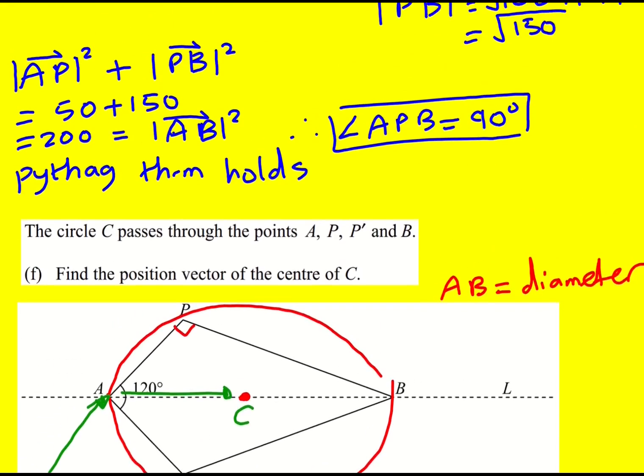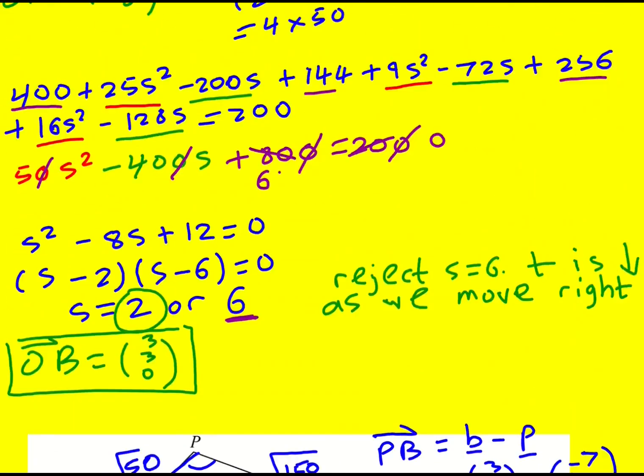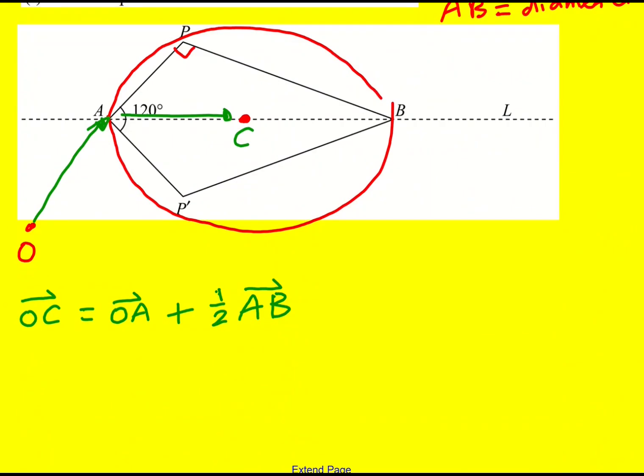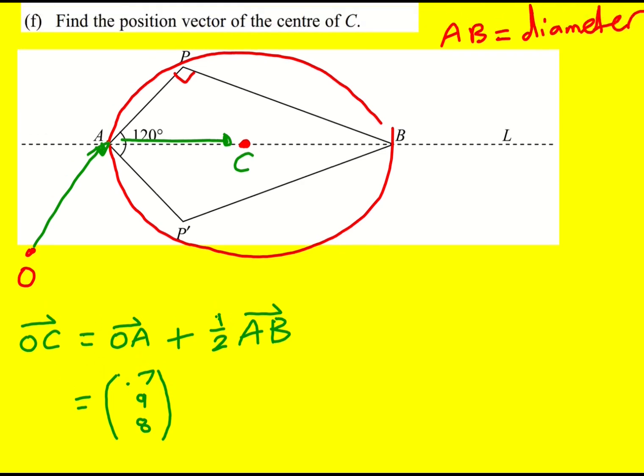So let's just scout out these things. It's a lot easier doing this on paper. So OA was minus 7, 9, 8. And AB